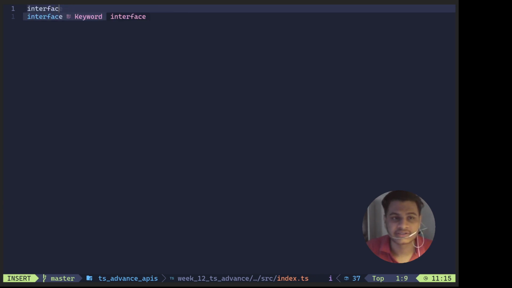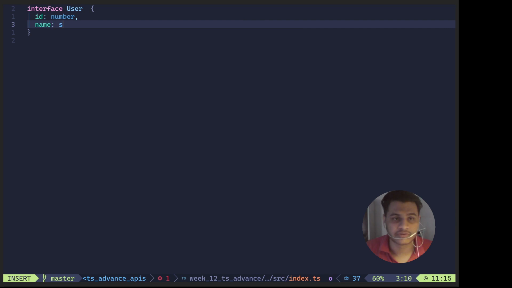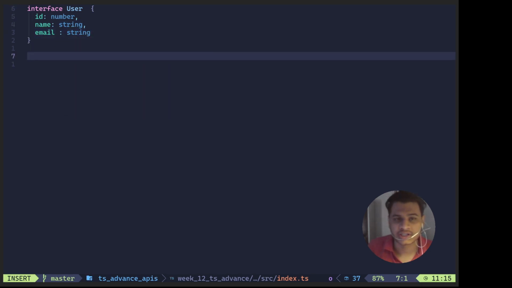you have an interface known as User already. An interface does not use the equal to sign. In it, it has id, which is number, you have name, which is a string, and you have email, which is another string. Now you want to create another type. Basically, an interface acts as a type only in TypeScript, my bad. It acts as a custom data type for you as a programmer to keep the types of